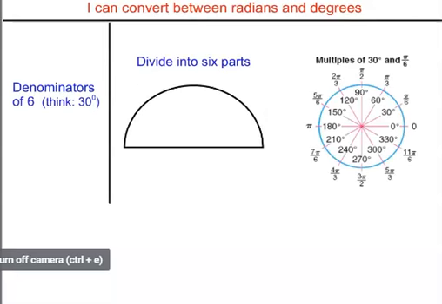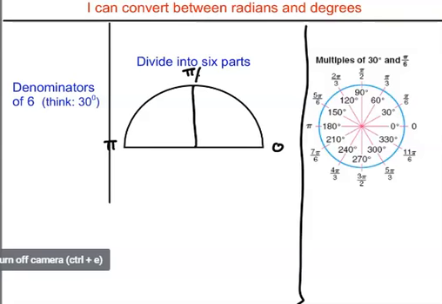Okay, now we're going to continue to divide the top. We're just going to worry about the top half of the circle, and then we're going to see where the unit circle in radians is coming from. So remember we talked about this is 0, this is pi, and this is pi over 2, okay? Well, we can divide that further if I want to divide it into sixths. So I can think of this as 1/6 pi,